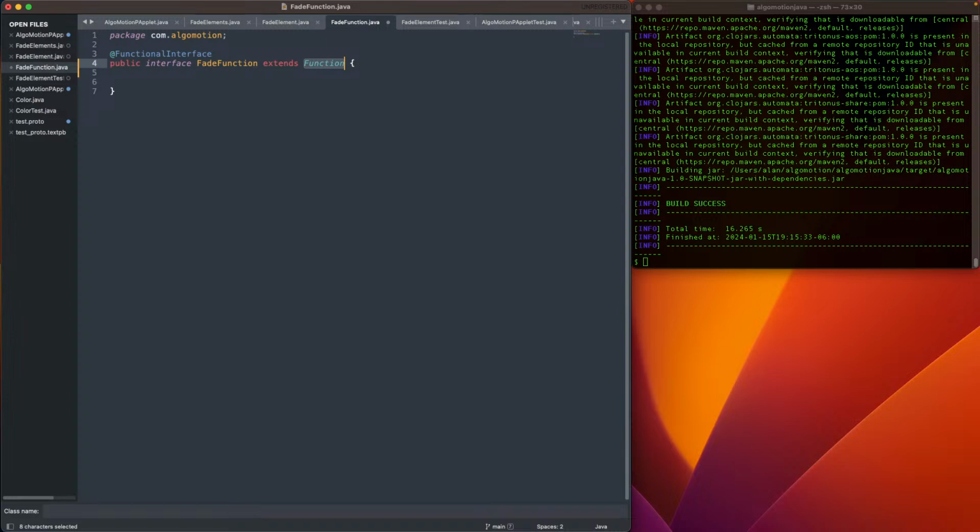So I think the function interface, the main method is apply. Yeah, apply. Function float. Float that is, because it just transforms a float. So it'll be apply